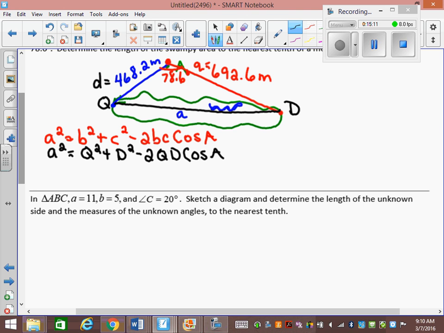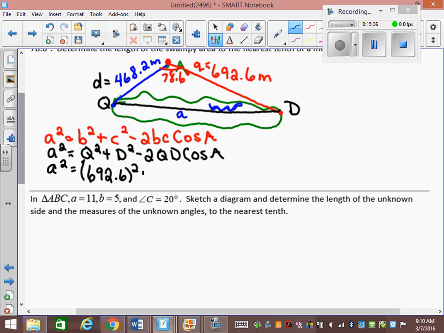So we have A squared equals 468.2 squared. What? I just put that in the D spot. Am I going to like die inside? No, it doesn't matter. I could have D first or Q first, but if you write the actual number correctly, it would be much more helpful. I wrote 46 and it's not, so that's good. Erase that. Okay, Q